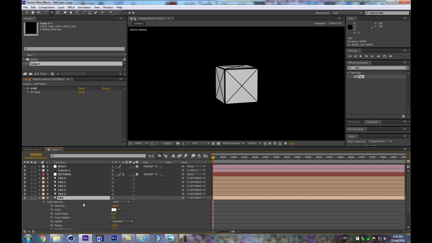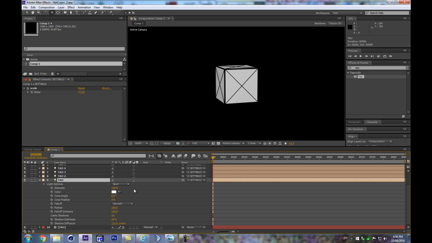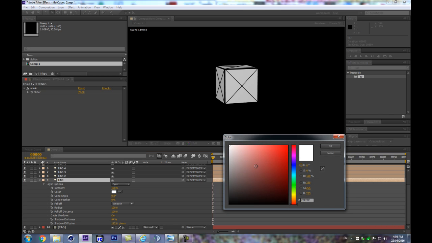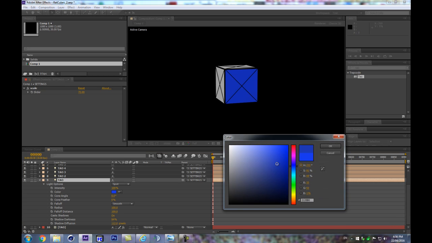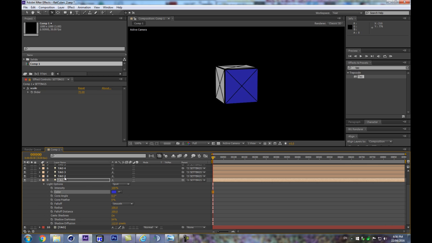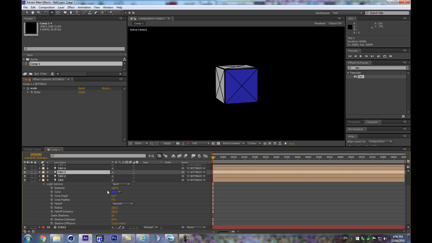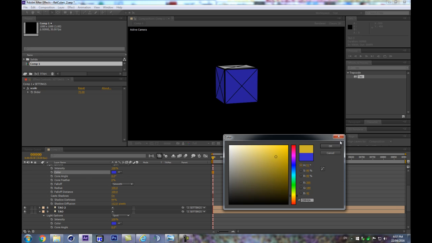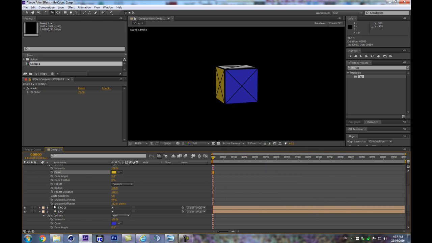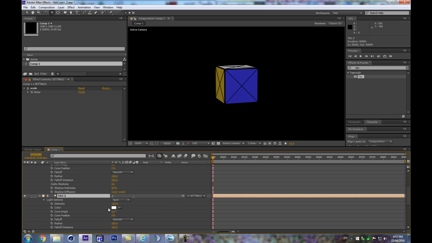And let's color that. One easy way to have some colors in there is simply to change the light color. So let's make one blue, and let's have nice vivid colors here. So let's make the third one also blue, so we can simply grab the color like that here, and oh no, it's the one right beside. Let's try to have another color here, so let's make this one yellow, and this one, let's make it red,